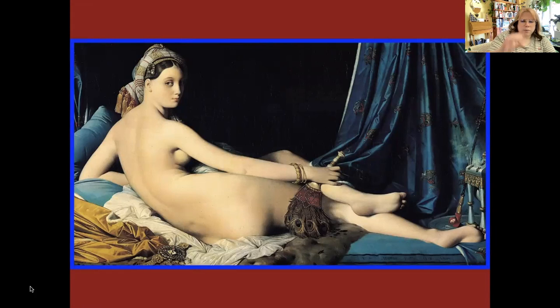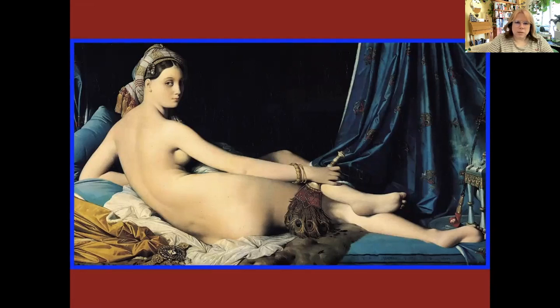So part of what's going on here is this is seen as very Turkish, very Ottoman. And this is when Europe had these ideas about harems, which were not true.